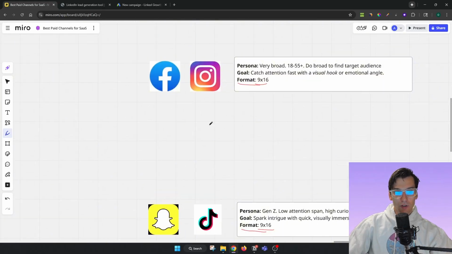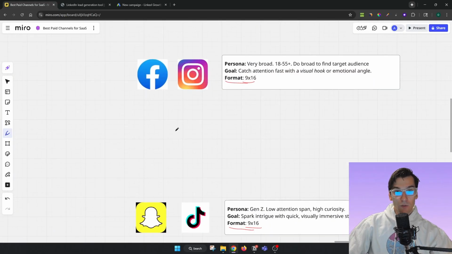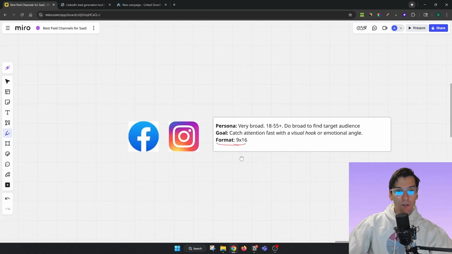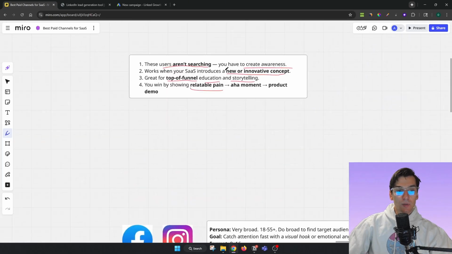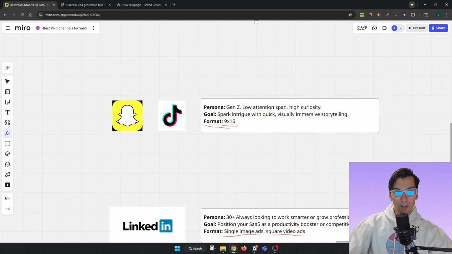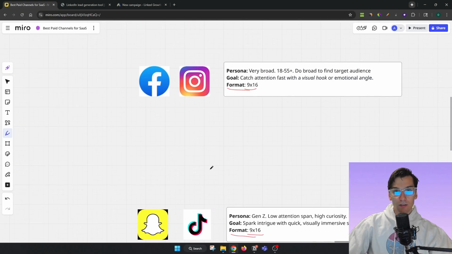I've tried these two, and I've tried these two. And what I want to say is the best for scaling, which is the most important thing here, because you need to scale ads to be profitable. Meta is the best. TikTok is extremely difficult to scale, and Snapchat is more difficult to scale, but that doesn't mean they're not profitable. So my suggestion, if your product is something that people are not searching for, you need to create awareness. As I said earlier, create 20 to 30 variations, hire somebody on Fiverr or Upwork, pay them, I don't know, $100-$200. You'll get a lot of content. And then try Meta first and try the other channels second.